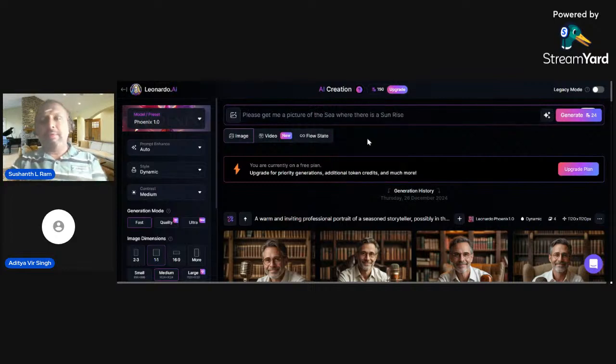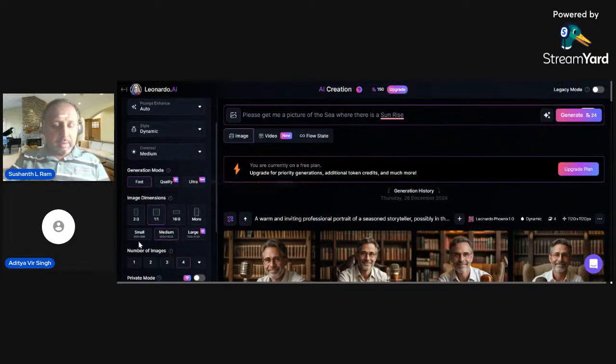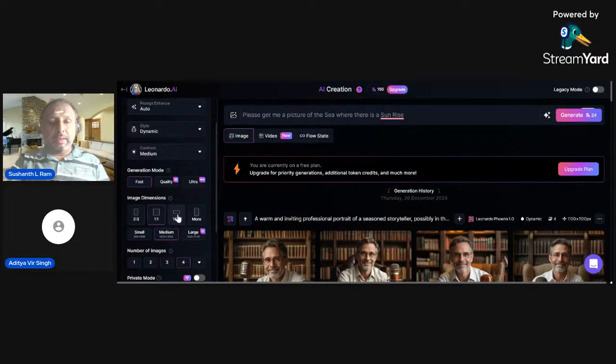You can put any prompt. Now you can select over here image dimensions. You can select for Instagram 2:3. You can select 1:1 for Facebook.